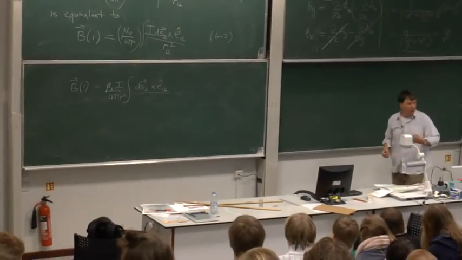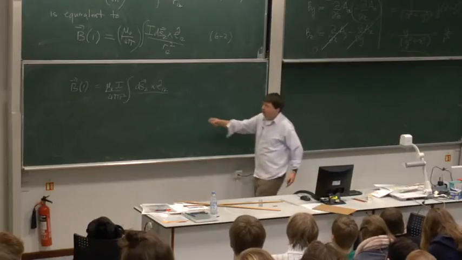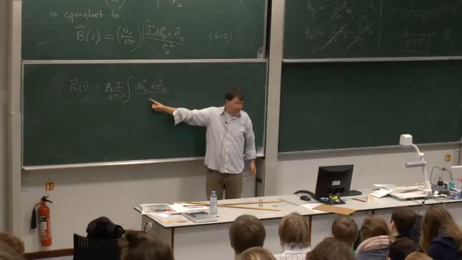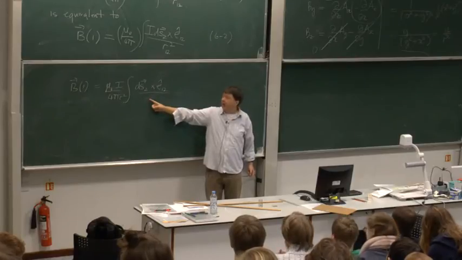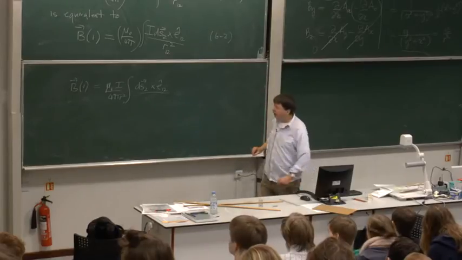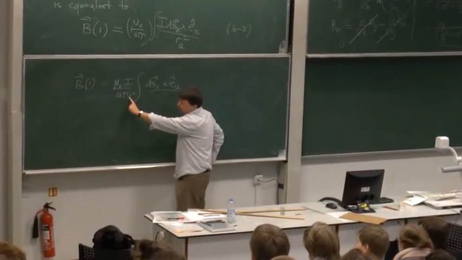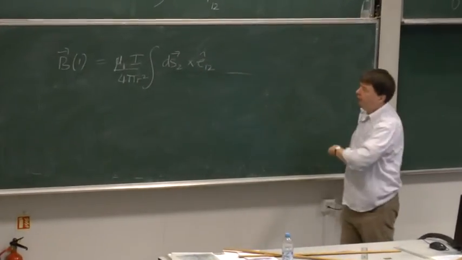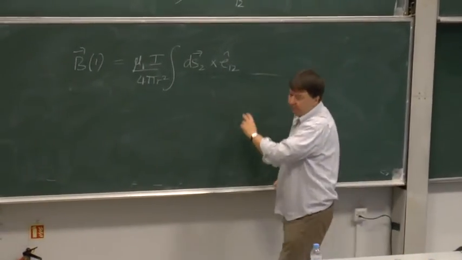It's got a cross product, and it's got a cross product in which the direction of this is varying in space and the distance is varying in space. But in this particularly beautiful high symmetry case, this r squared comes out front. And now all I've got under the integral sign is this cross product. Well, again,